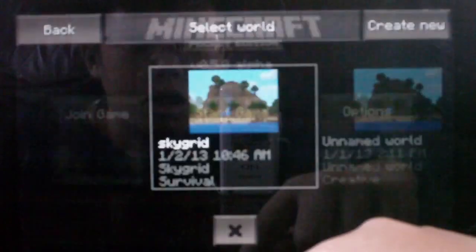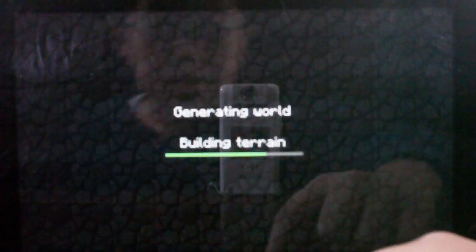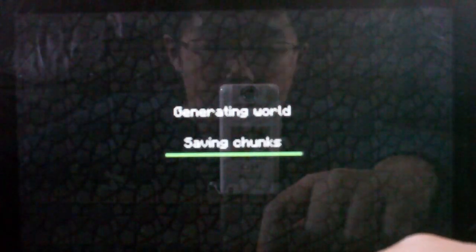Then if you press this, SkyGrid. I have SkyGrid. If you want to know how to get maps, press the upper right corner. And if you want to know how to get a texture pack, then tell me too. Okay, so I'm using Sphax currently. You press this button to show your skin. Go back to game. See, I have to remove skin.